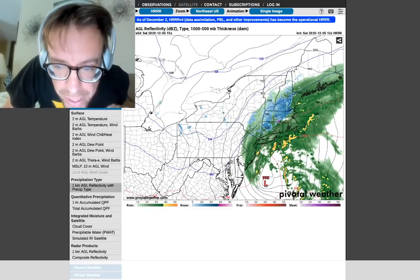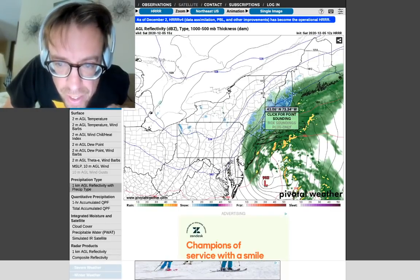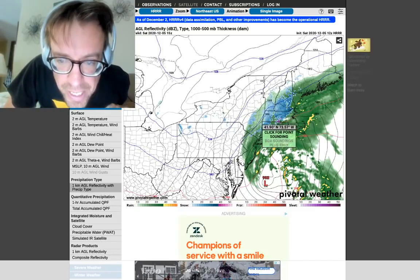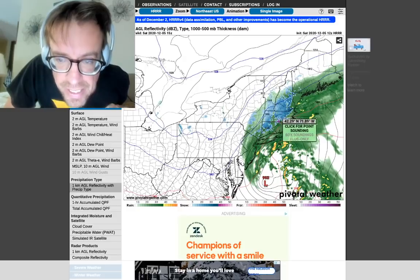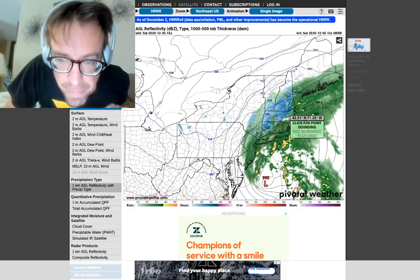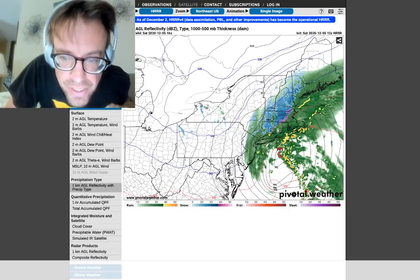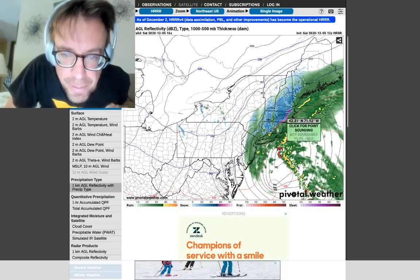And as we go through the morning, watch this low deepen. Can also look at the snow happening here in northwestern Connecticut, higher terrain of even southern New York. Definitely the biggest totals here are going to be in eastern Massachusetts into southern New Hampshire. We'll look at some of these snow maps. But the warm nose, keeping it all rain